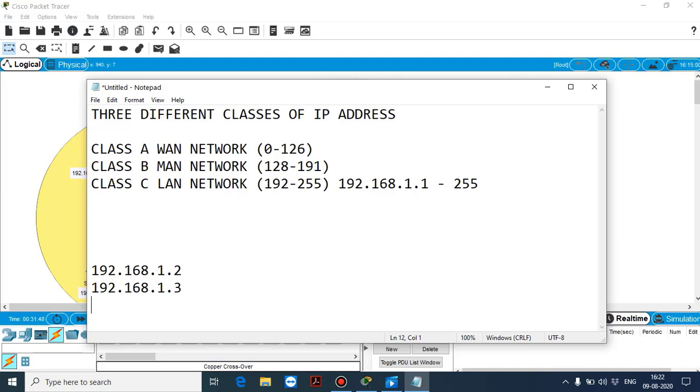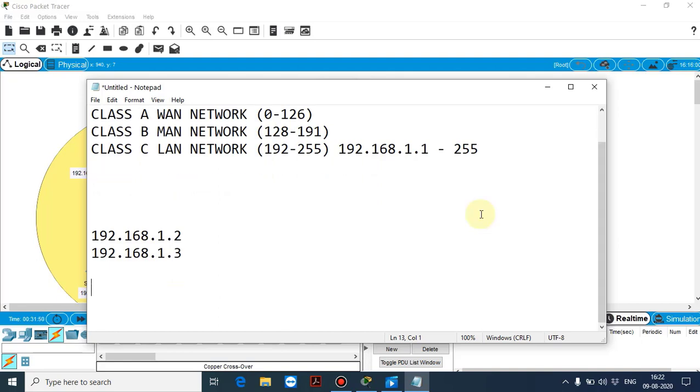Similarly it goes on, up to 255 systems. After 255 systems, our IP addresses will change to the 192.168.2.1 series.